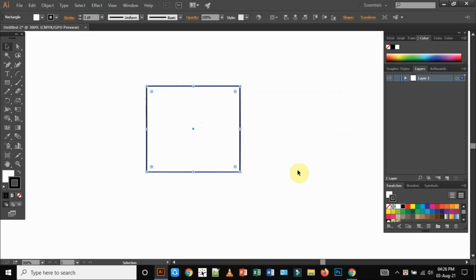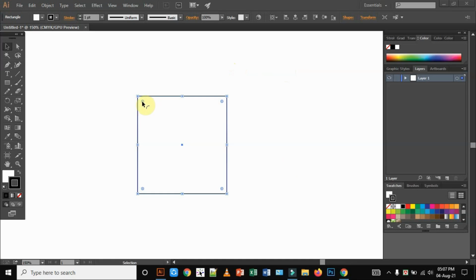If I go to the corner point of this shape, I mean in this point which is in the inner side of this circle, then just click the left button of your mouse and hold it. After that, drag it into the inner side of this circle. Now drop it. By this ARC point, you can change the shape corner angle. After that, go to the selection key and select it, and just click on this artboard and deselect it.